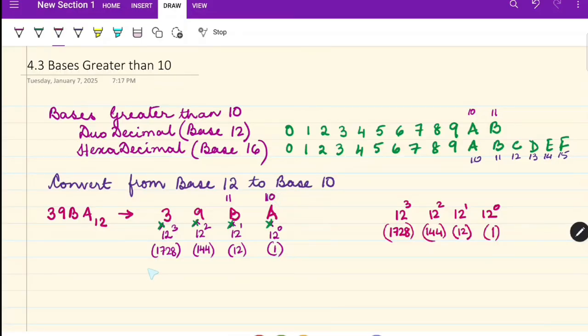So let me write that below here. 10 times 1 is a 10, correct? Then we do 11 times 12. All right, again, for this you may want to use your calculators, but 11 times 12 has a value of 132. And then 9 times 144. 9 times 12 squared, which is 144, has a value of